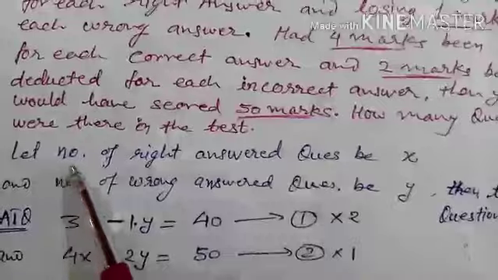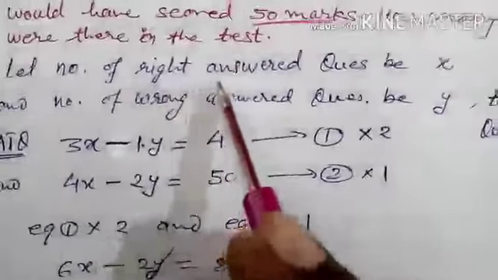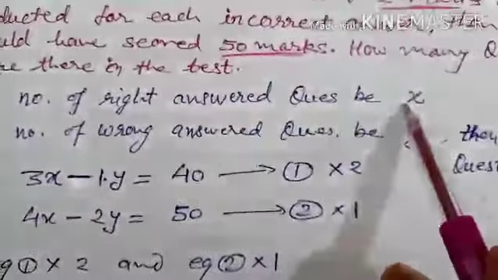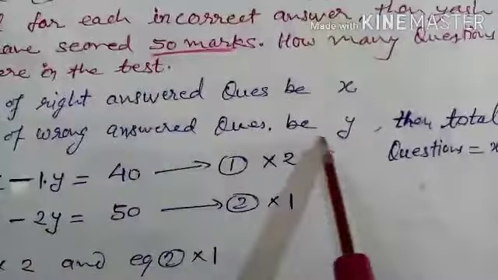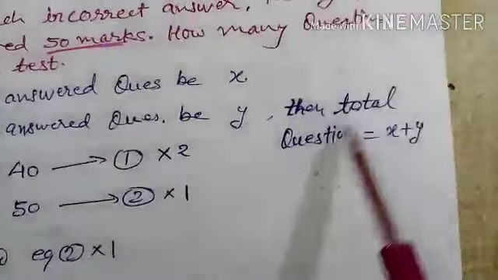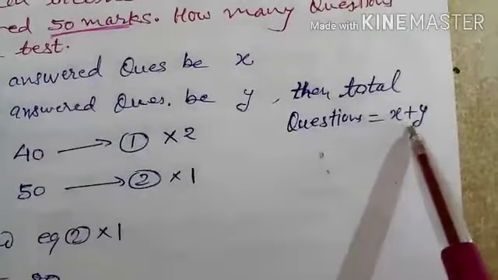So let the number of right answered questions be x and the number of wrong answered questions be y. Then total questions, which is x plus y. Now first condition,